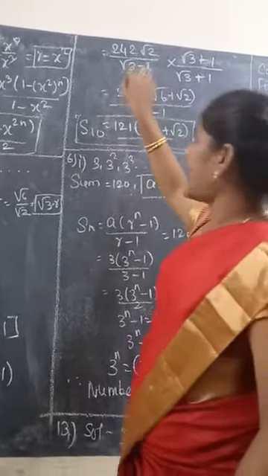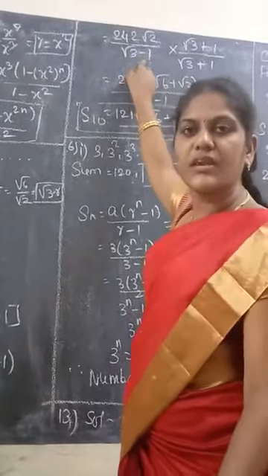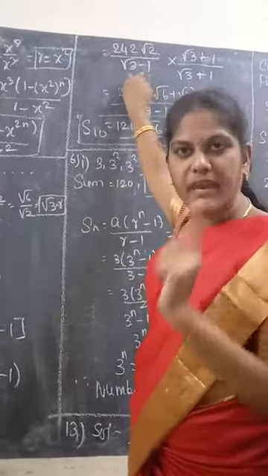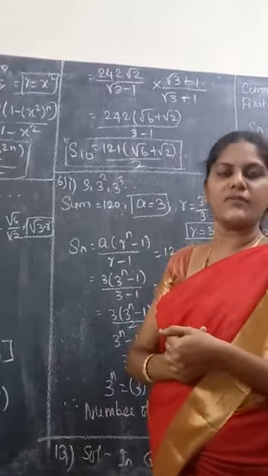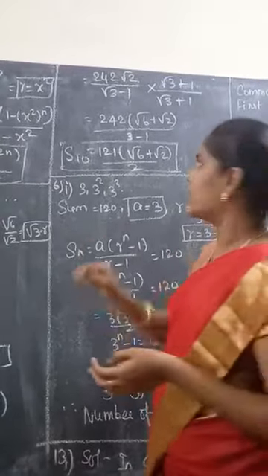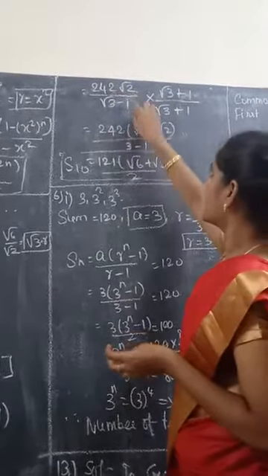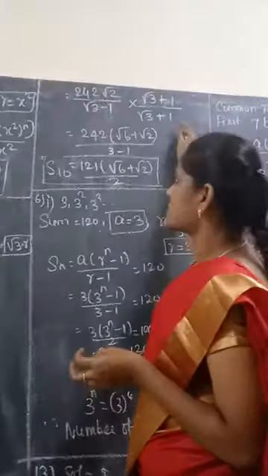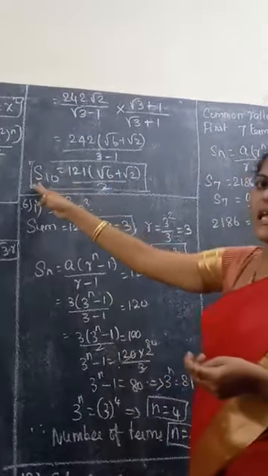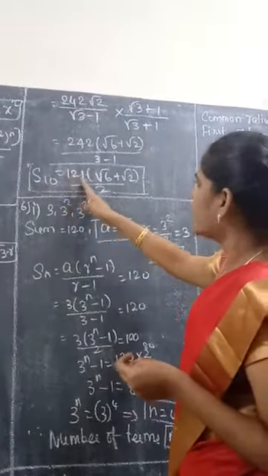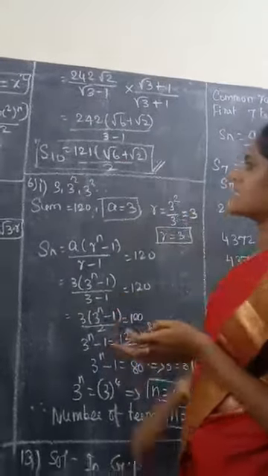Already in 9th standard we saw rationalization, how you find this. If in the denominator we have a root value, we need to take the conjugate to remove the root. So here in the denominator we have root 3 minus 1. How do we take the conjugate? By using root 3 plus 1. So multiply by root 3 plus 1 divided by root 3 plus 1. So 242 into, do the simplification by yourself, it's a simple simplification only. In the denominator use the a square minus b square formula. So you will be getting 121 into root 6 plus root 2 divided by 2. Okay, this is the S10 value.